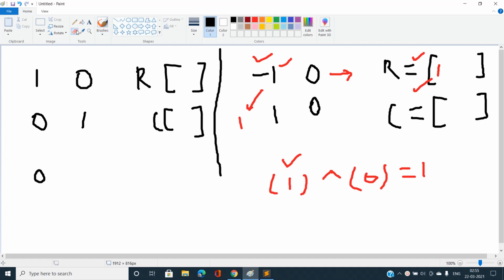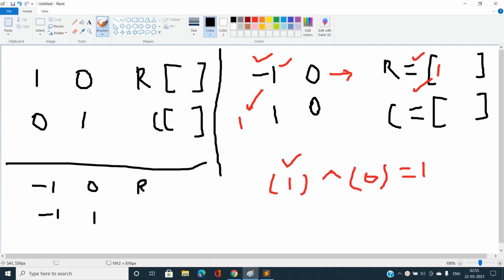Okay, so let's say my matrix contains this. I'm going to write minus 1, and 0, and 1. So this is my matrix, and I know the value of the R matrix and the value of the C matrix.